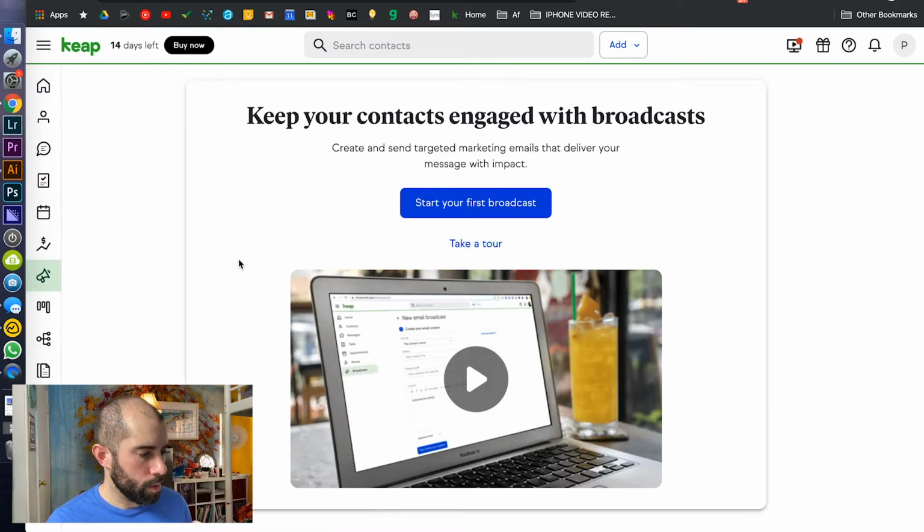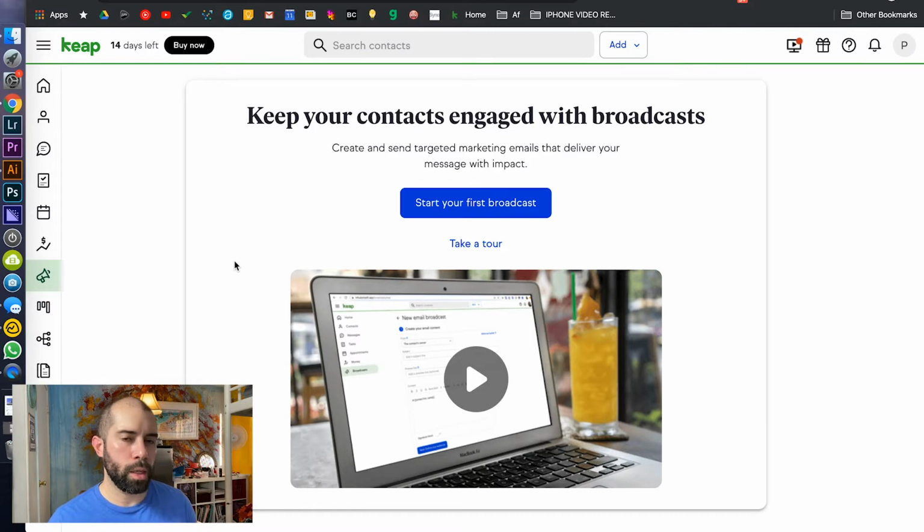So it's super nice. And then you have broadcast, which is email. So now you have email marketing, which again, you could use another app for that, like MailChimp is the biggest one. There's other ones too. But the thing with MailChimp is while it's really good for email marketing, it's not like Keap, where Keap also has a good CRM built into it.